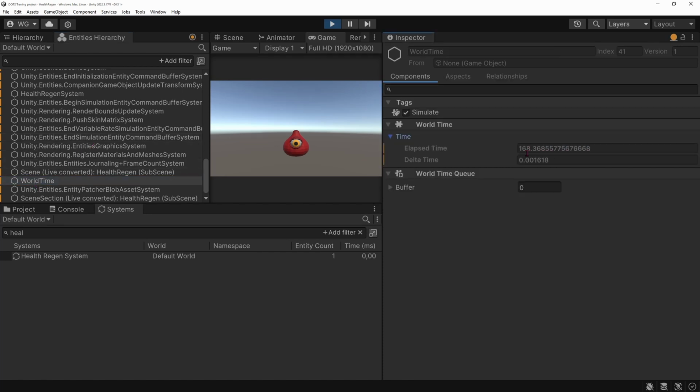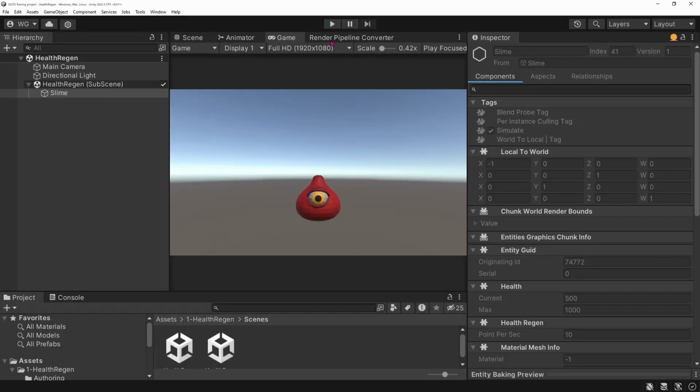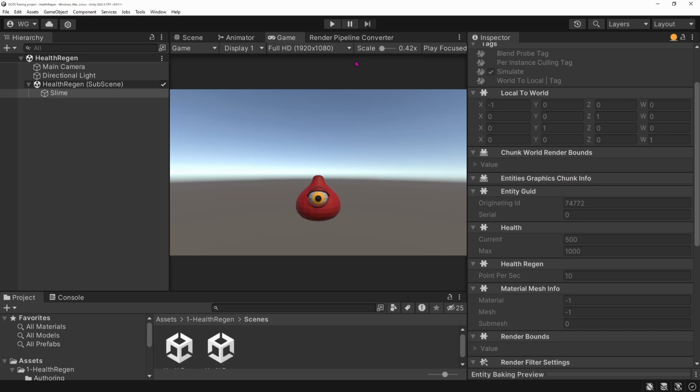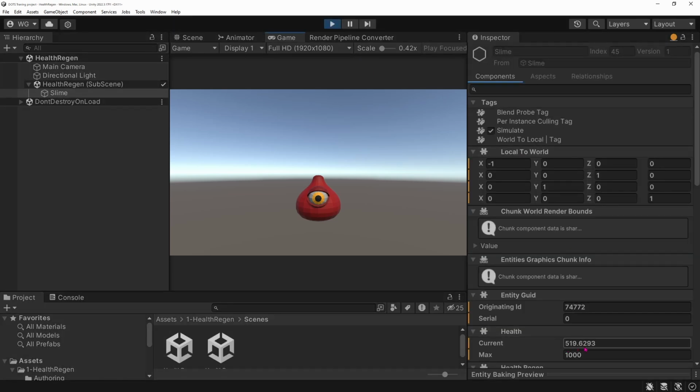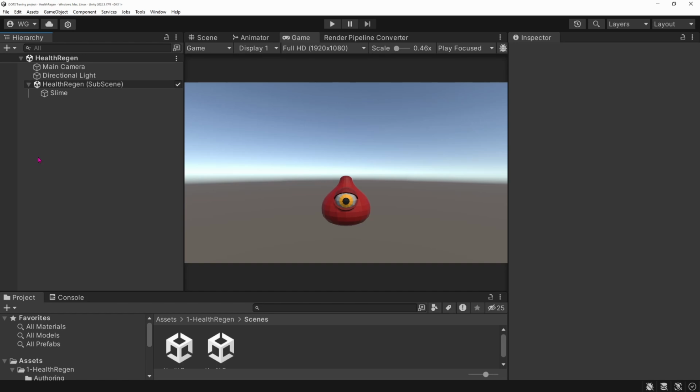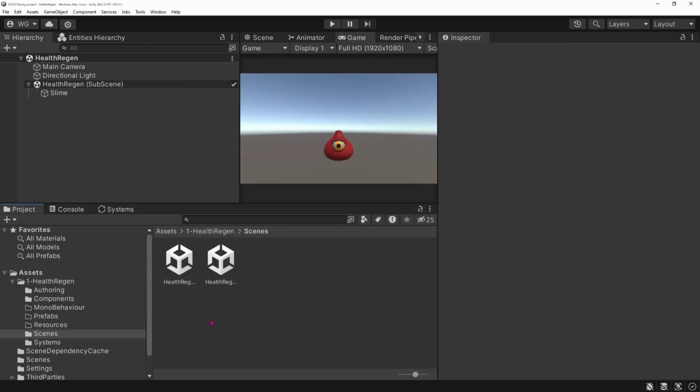You can find the world time. If you stop playing, you will see the converted initial view, so the baked entity. And if we start play, you can see that it's increasing the else. And you do that through a system. So now if we have a look at the code,